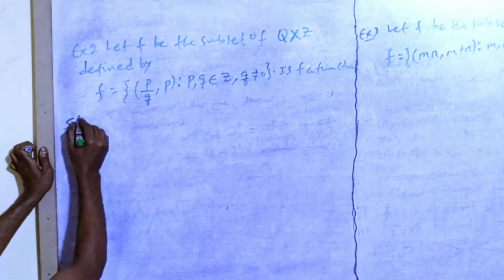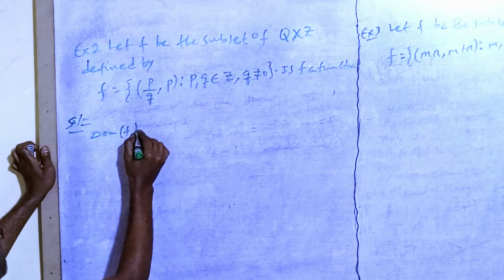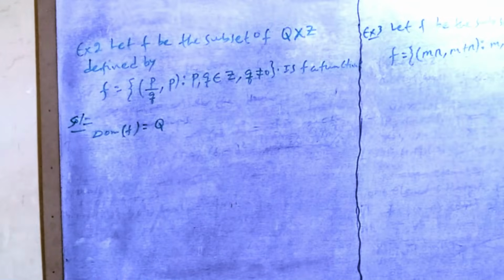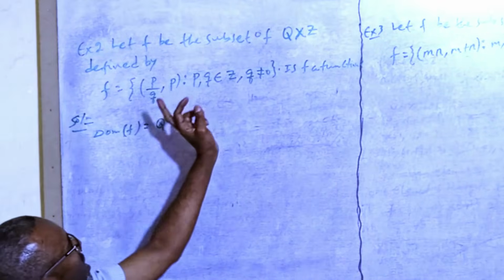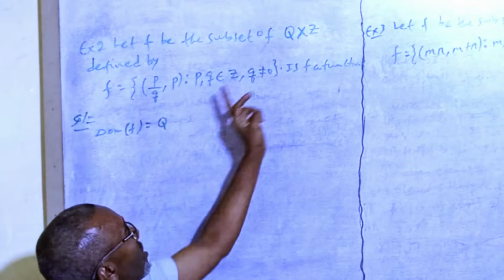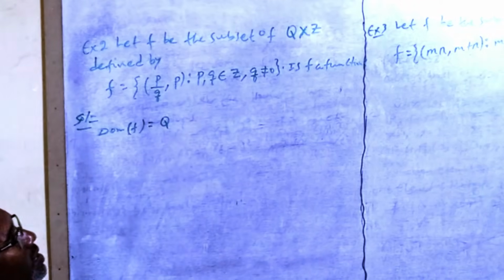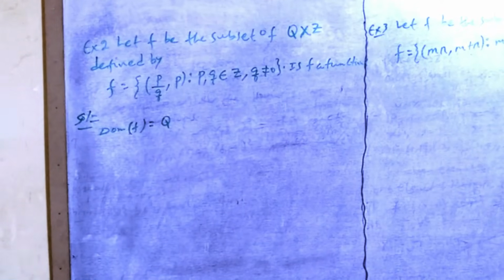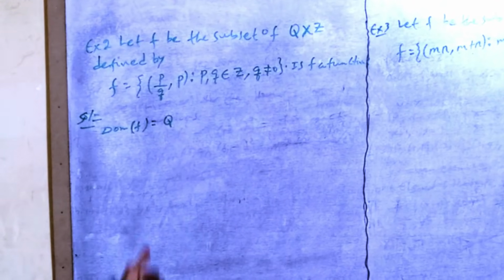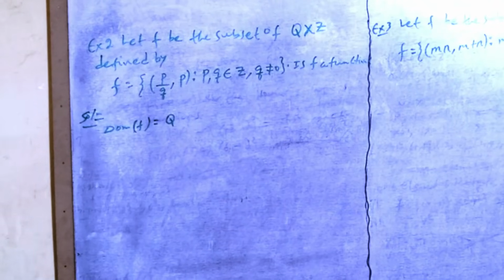f function ነው አይደለም የሚለው ነገር ለማየት መጀመሪያ ምንድነው የምናየው ዶሜኑ ምንድነው domain of f ማለት domain of f ማለት ከማን ጋር እኩል ነው ከq ጋር እኩል ነው። domain of f is equal to a rational number p over q ማለት ነው q ምንድነው rational number ነው። ስለዚህ ዶሜናችን ከማን ጋር እኩል ነው ከp over q ጋር እኩል ነው it is equal to the rational number q። the domain of f ማለት the set containing the first element of the relation ብለናል።